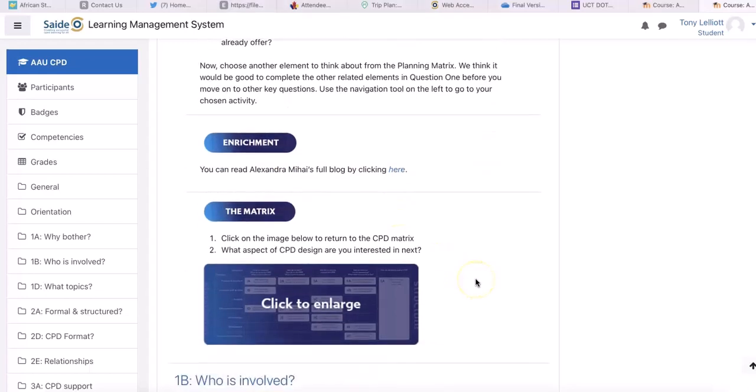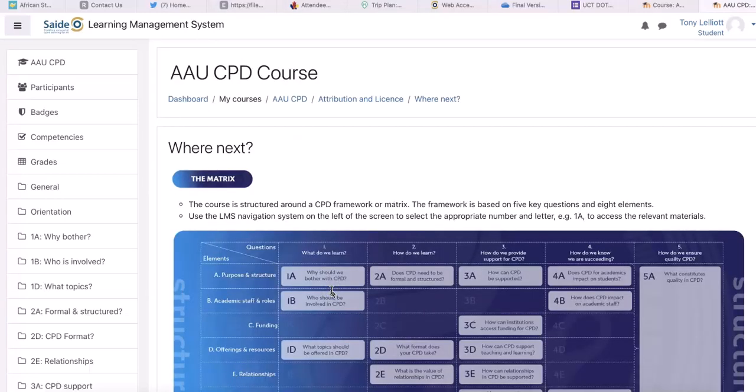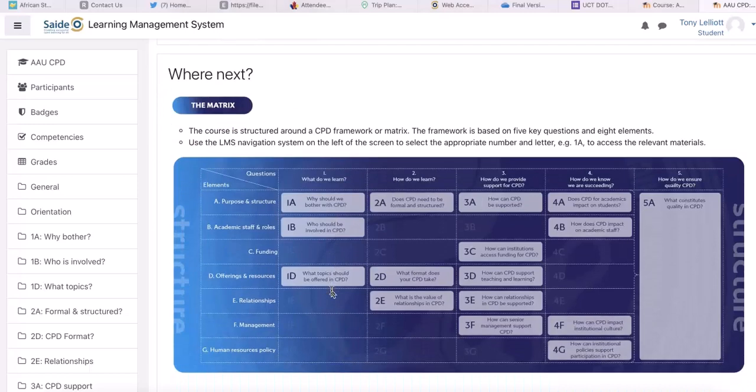When you have completed an activity, you click on the matrix again and choose another activity to explore. You do not need to go in sequence, but you can if you want to.